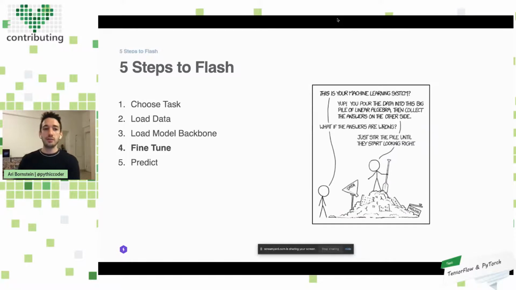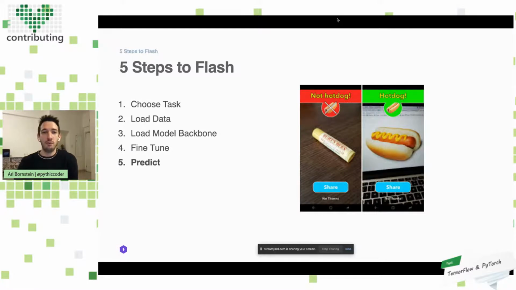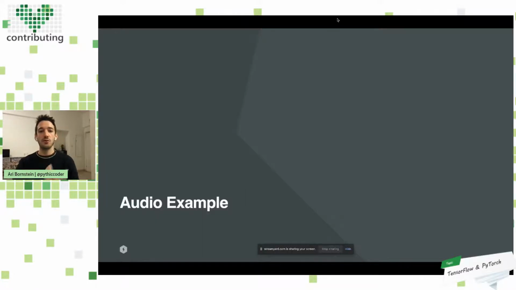And then what I can do is fine tune. So I can take the model, I can do transfer learning, I can choose to freeze weights, I can choose to unfreeze weights when I do the fine tuning. I can train the architecture from scratch, and all of that's configurable with a very simple basic API. And then once I've trained my model, I just predict and I have a model that I can use. So I'll show you my sample implementation of what this would look like with my audio example, and then we'll move on to the next step.